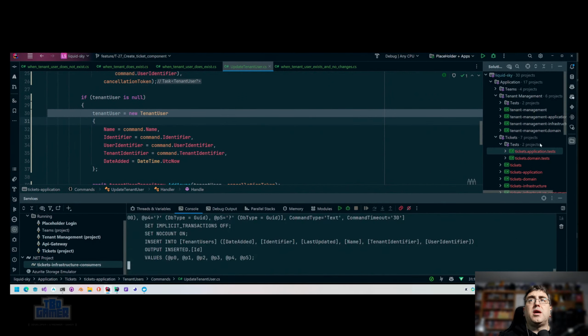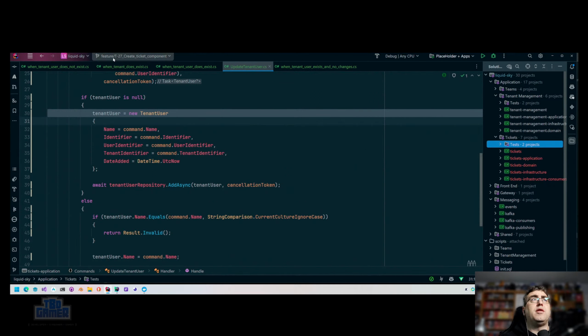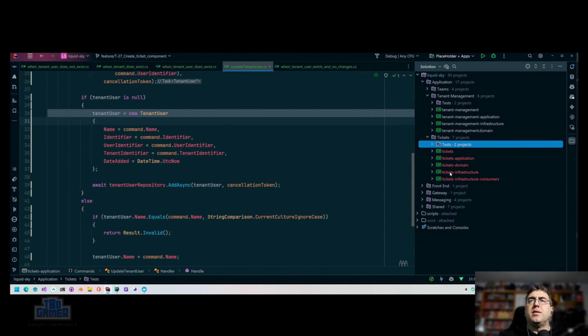So I think, for the most part, for what we're working on right now, those pieces are working, right? So our create ticket component is functional. It's not perfect. There's going to be some bugs. This is where regression testing and all those sorts of fun things are going to have to come in at some point, where I'm going to have to focus some energy on getting those pieces up and running. I was taking a look at,